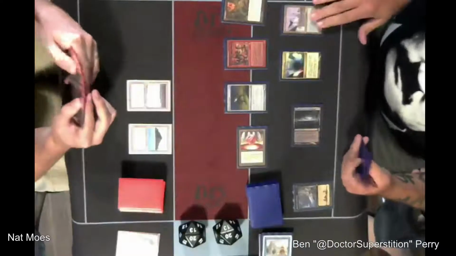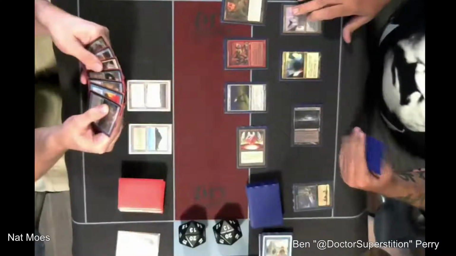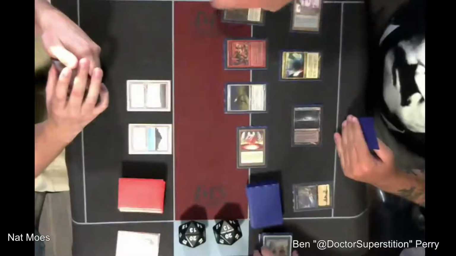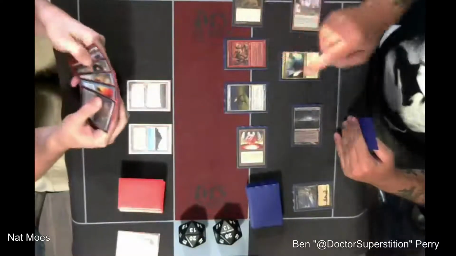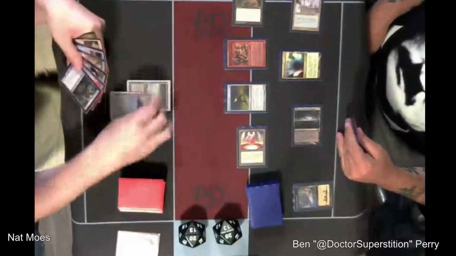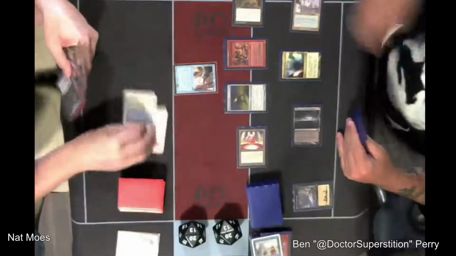Oh my god. Academy taps for 3 right now. Ben's going to go for it. Ben is going for it. Okay, he is. Have to. So Nat's still got Force and Hercules. So Ben's got 1 colorless floating still from his... Yeah, Ben does have the 1 colorless floating, so he's going to be able to...